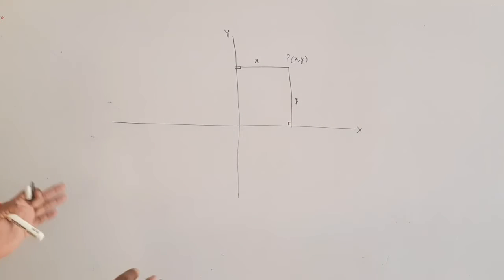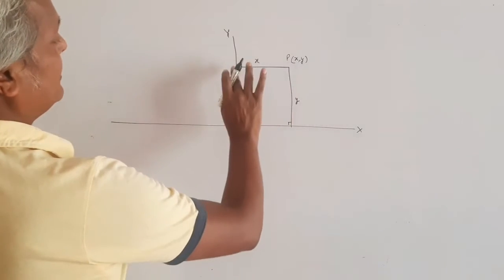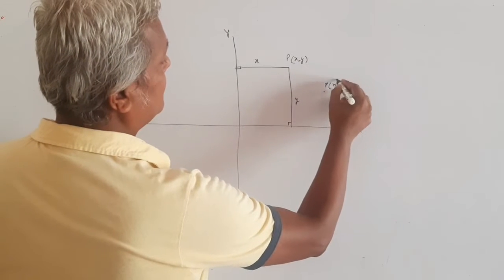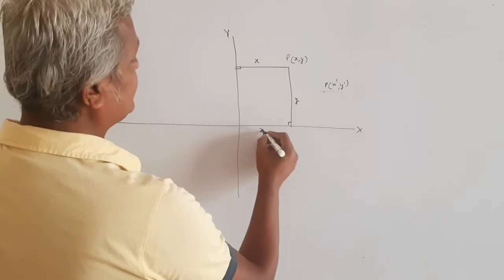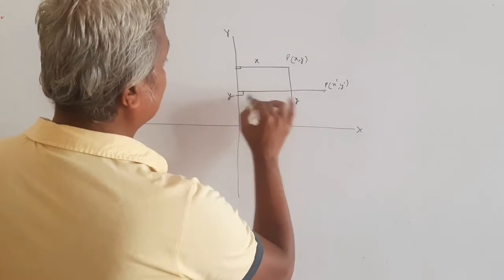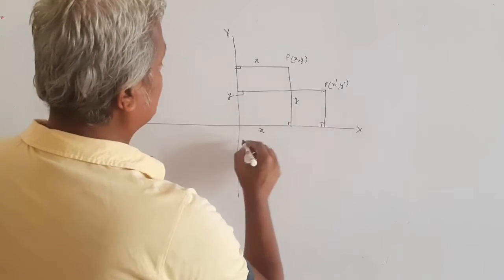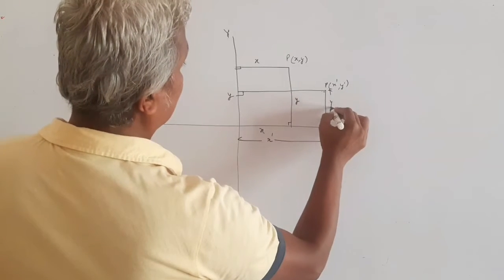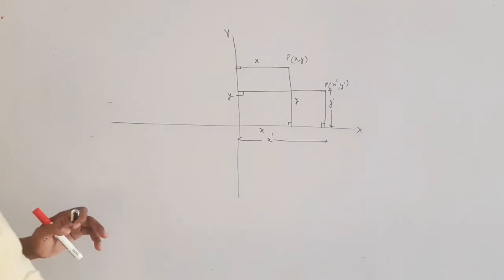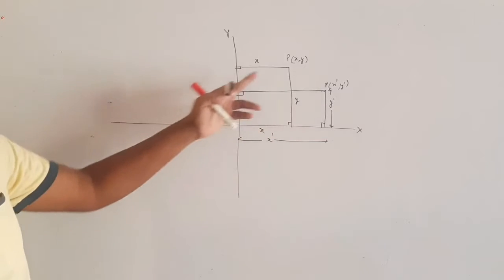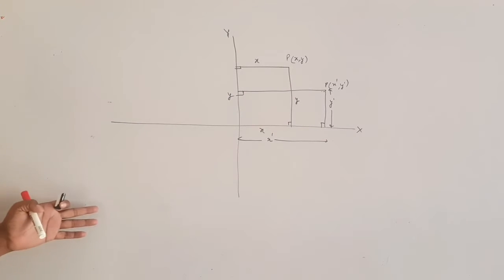So every point xy is represented in terms of the perpendicular distance of the point. Every time you get a rectangle or a square. Suppose the point is here, P with x dash, y dash, so this is x and this is y. Now you drop a perpendicular from here on the y-axis, and this distance is x dash and this distance is y dash. So this is how this particular system works. It's called the rectangular coordinate system.